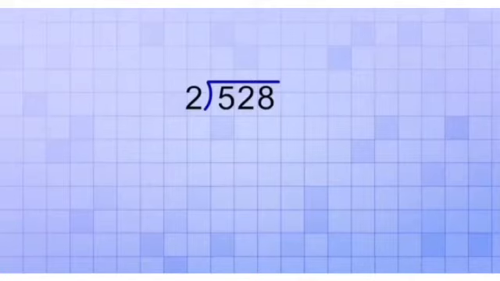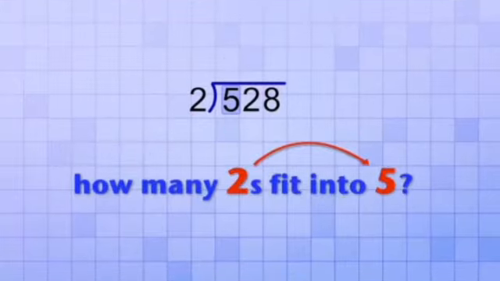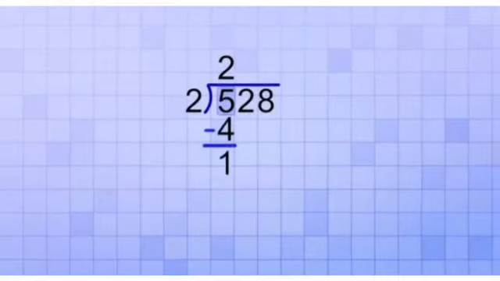Now let's do some examples of division. Here you can see students, 528 is the dividend and the number 2 is the divisor. Now start the division process. Firstly, we start by asking how many 2s does it take to make 5 or almost 5. It means how many 2s fit into 5. So read out the table of 2 and you can easily see 2 2s are 4. Now 5 minus 4 you will get 1.